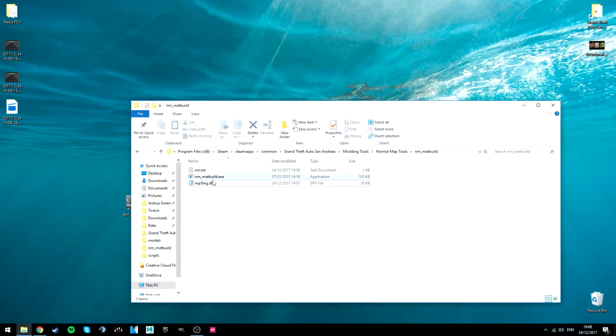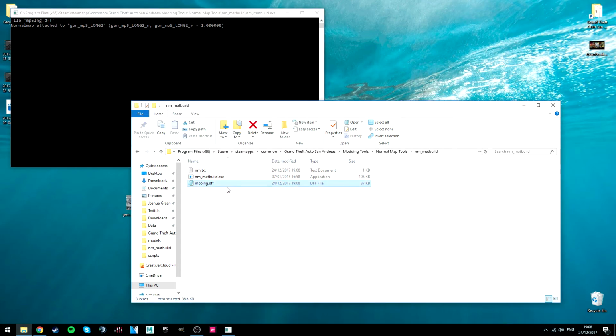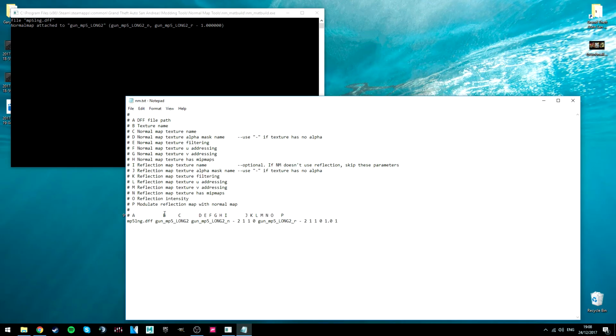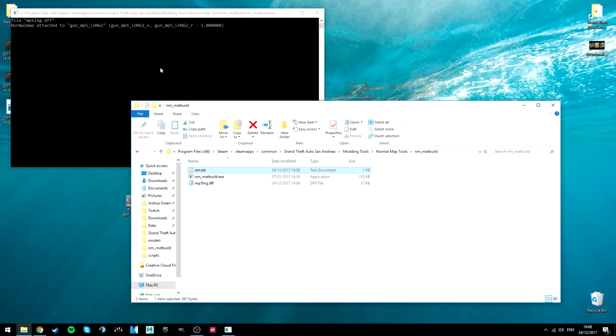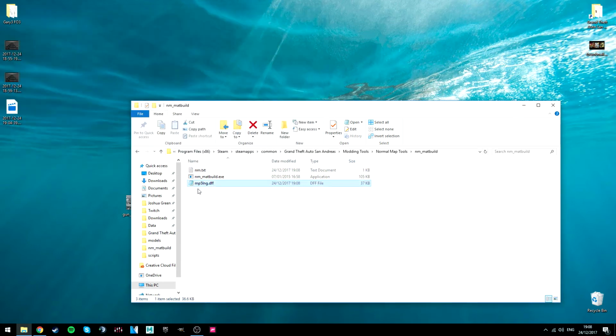Now, the final thing, just run it, and there should be no errors. If it says cannot find this, cannot find that, then you need to make sure that the DFF is in the folder, and then just make sure there's also spaces in here. And if it comes up like this, so weapon name, normal, reflection, and the reflection value, perfect, you've done everything correct. Now this here is updated, so I'll put this back on your desktop just so you can find it a little bit easier,